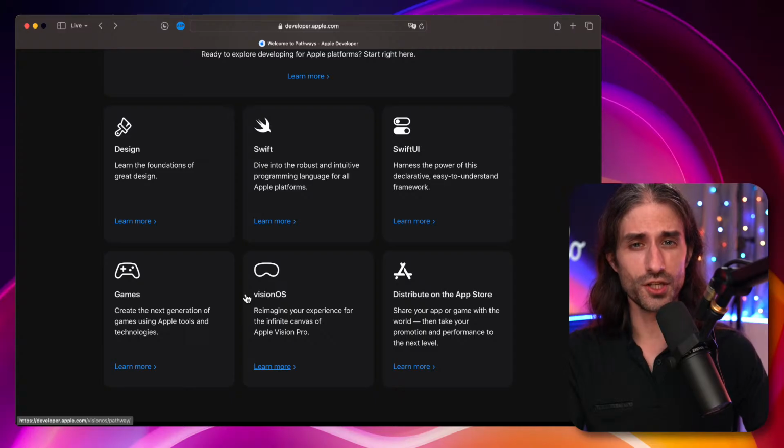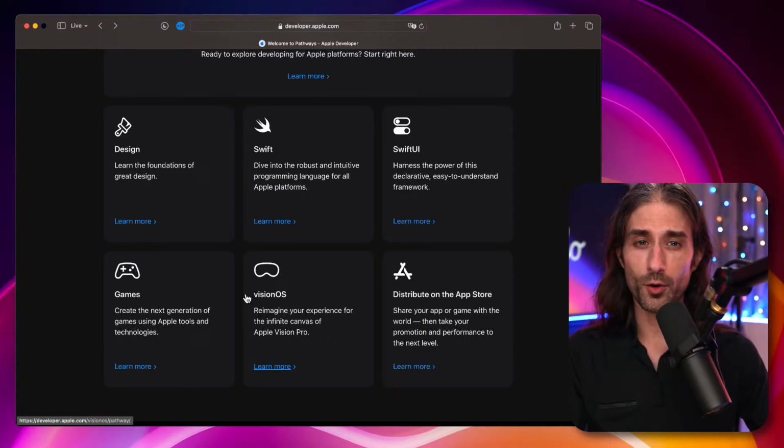And you've also got Vision OS. Granted, if you are a newcomer, I wouldn't necessarily recommend that you start with Vision OS immediately, unless you have a very strong enthusiasm or you need to create an app for Vision OS.